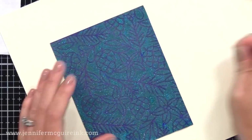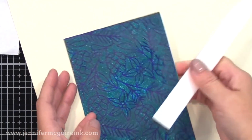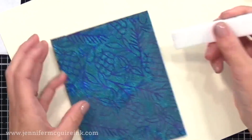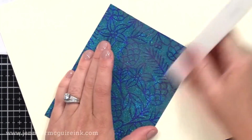And now it's time to really press all that glitter into the adhesive. I use the end of my bone folder and just rub across the surface. You can also use your finger to burnish this. Now this allows the glitter to really get into that adhesive so it doesn't rub off, and you can see